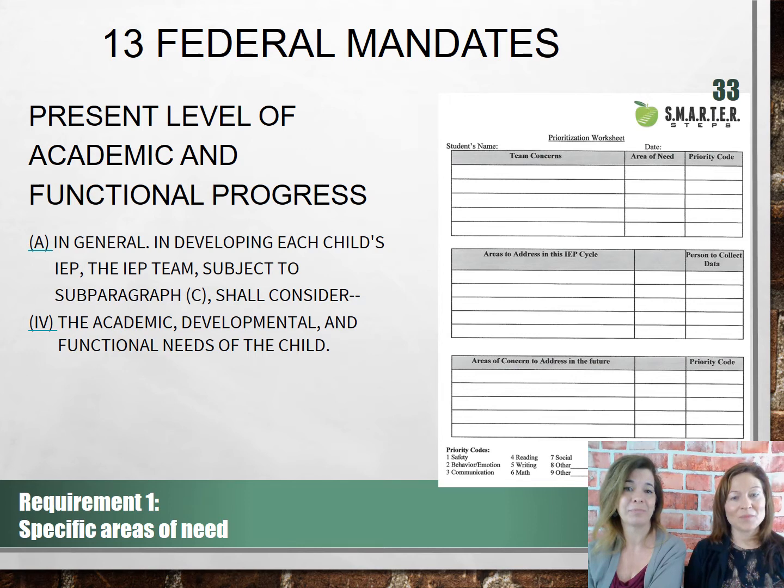Right. So this is where teams are legally allowed to prioritize goals. But that part of the discussion sometimes gets omitted in meetings, and we think we have to create 127 areas. And yes, there are some children that have many areas of need, but as a team, you are legally allowed to prioritize. And I think this is step one of gaining back some of your sanity and time management.